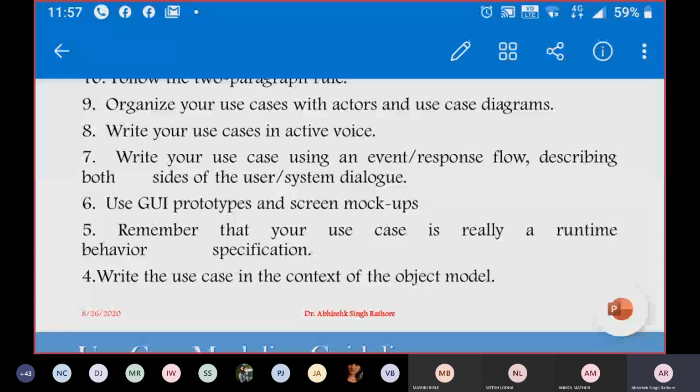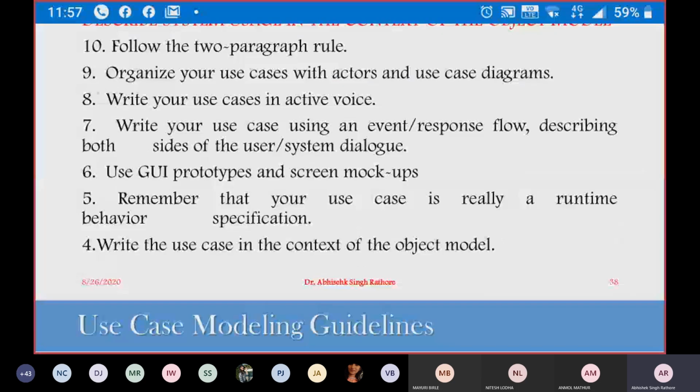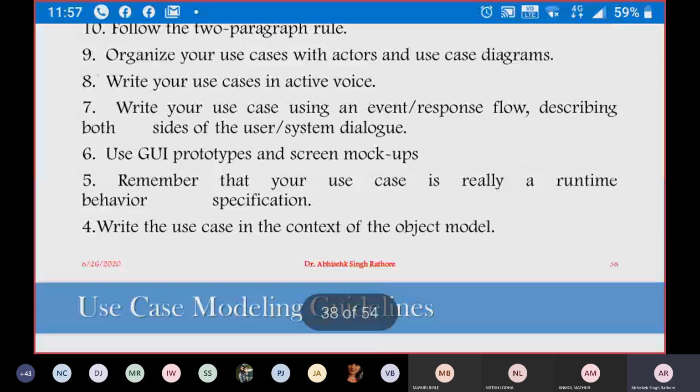Then use your GUI prototypes and screen mockups. So when you are going from the storyboards or the GUI prototypes or the screen mockups, it will be helpful for the initial set of use case development. So try to concentrate on what different types of screens might be available. In use cases, we can use this GUI or the screen boards or storyboards as functionalities. But when we are going for the class diagram, don't put GUI or the prototypes or the storyboards in your